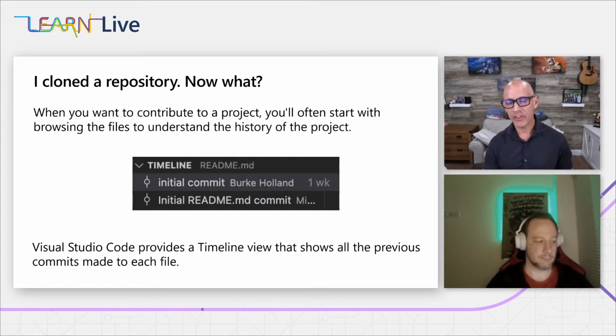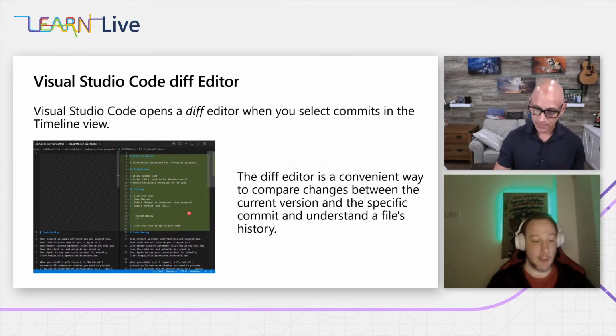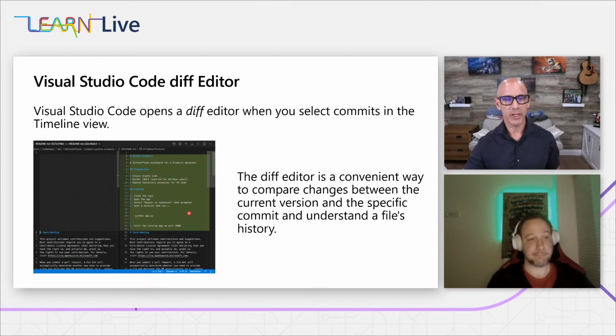In the timeline, we can see the initial README; the oldest one's at the bottom. It shows us here that we've got this commit for the README, and we've got our initial commit from Burke Holland, a good friend of ours who works at Microsoft. So Burke made a change for the initial commit, and then he went in and updated the README with a second commit. You can look at the timeline, when it happened, who did it, and you can click on it to see what happened. This is incredibly helpful when you want to look at file changes, especially when you're doing diffs, right, Peter? I'm pretty sure. So what's a diff?